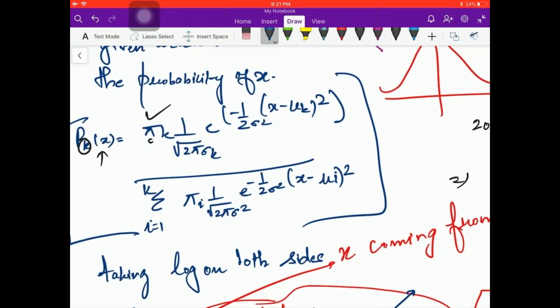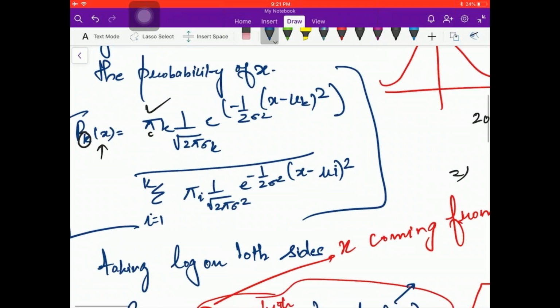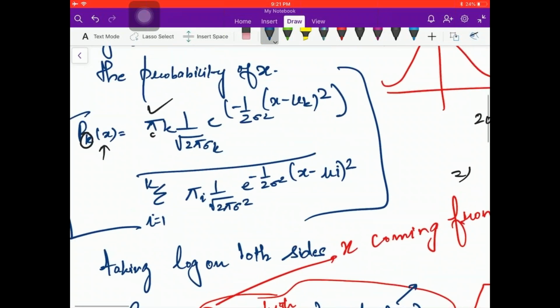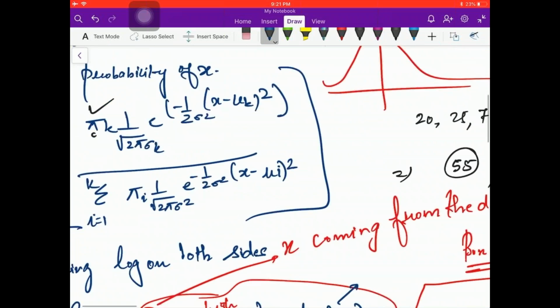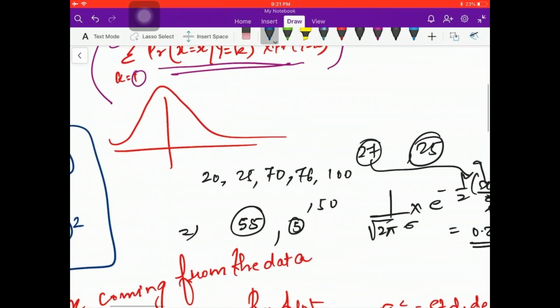In the last equation, from where we calculated 35 when y is high, that log pi k was not there. That's what I'm asking. First, you tell me, did you understand this top equation? Are you clear on each of these components, or you're not clear about pi k here? Only pi k is not clear. Standard deviations are clear.